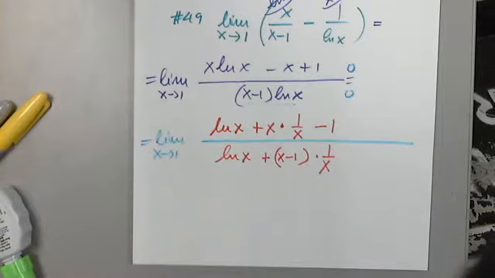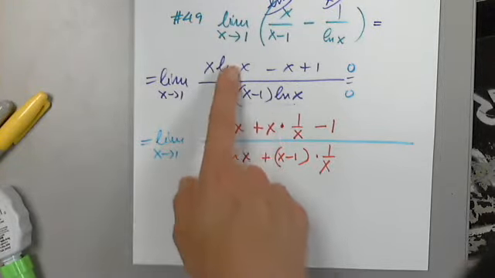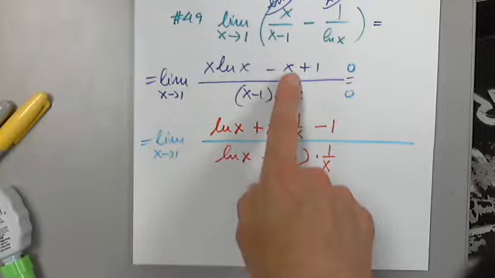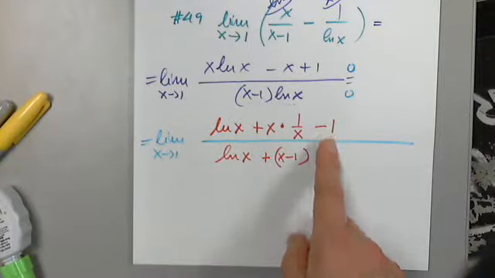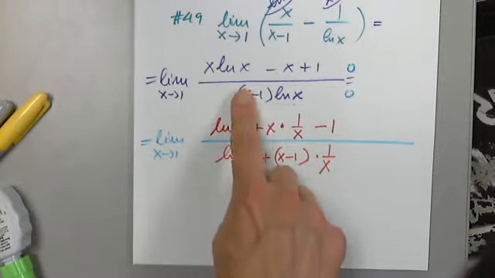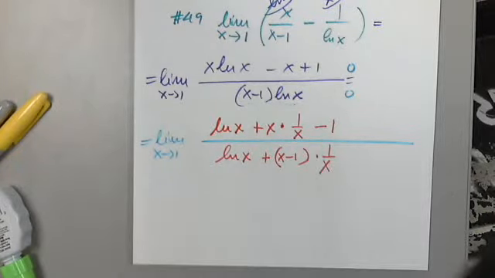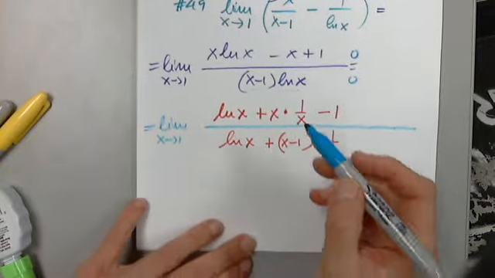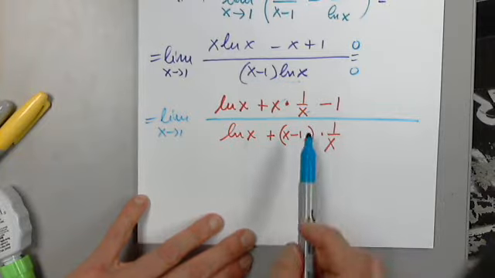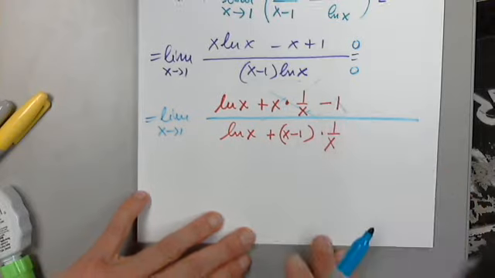Let's take a moment and check this. So the numerator prime is 1 times natural log x plus x times natural log x prime minus x prime. Now these are two functions. The first function prime is 1 times the second plus the first function times the second function prime. So far so good? Okay. Now I noticed something, that this x with this x will go away, and this is positive 1 minus 1. I like this. These two go away.